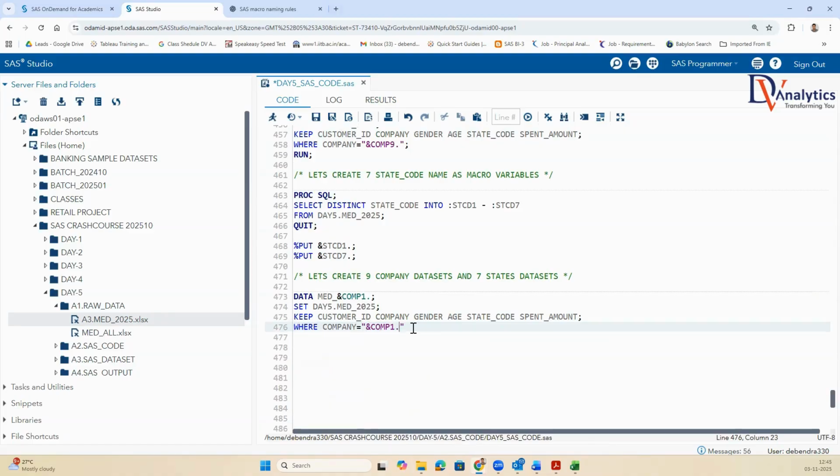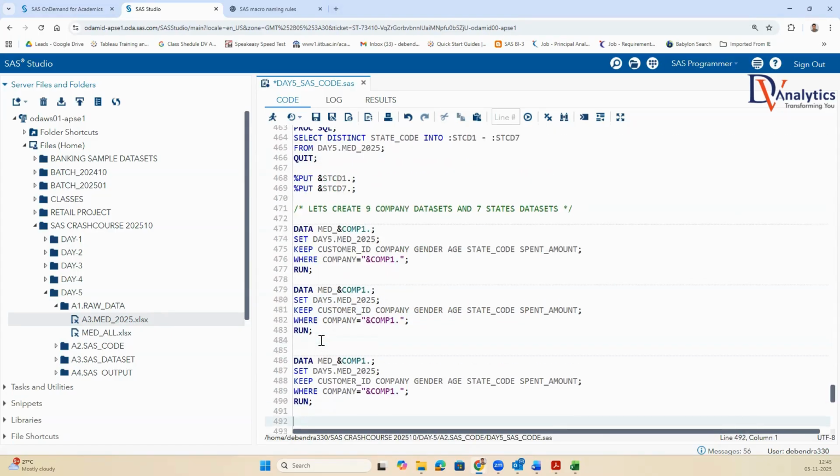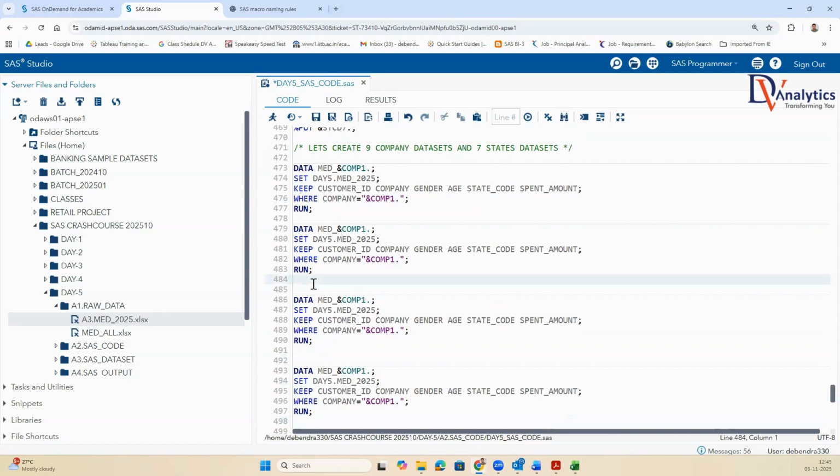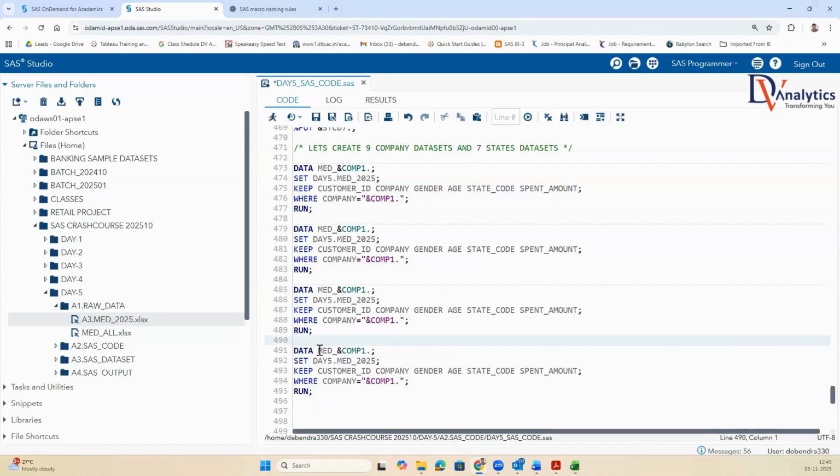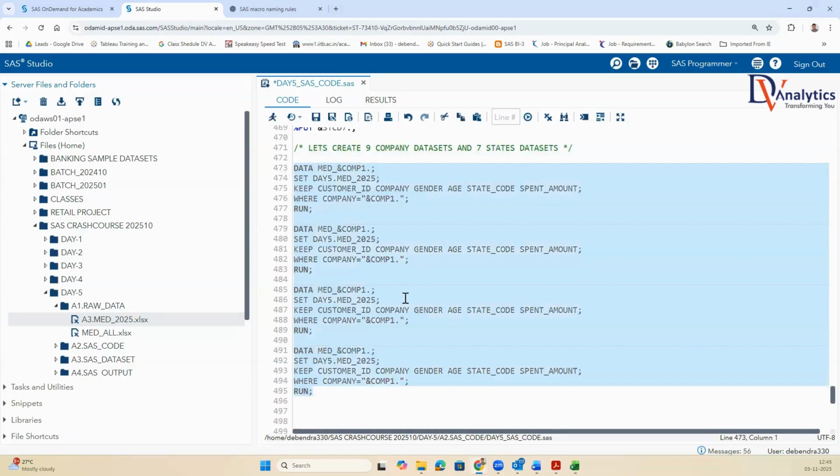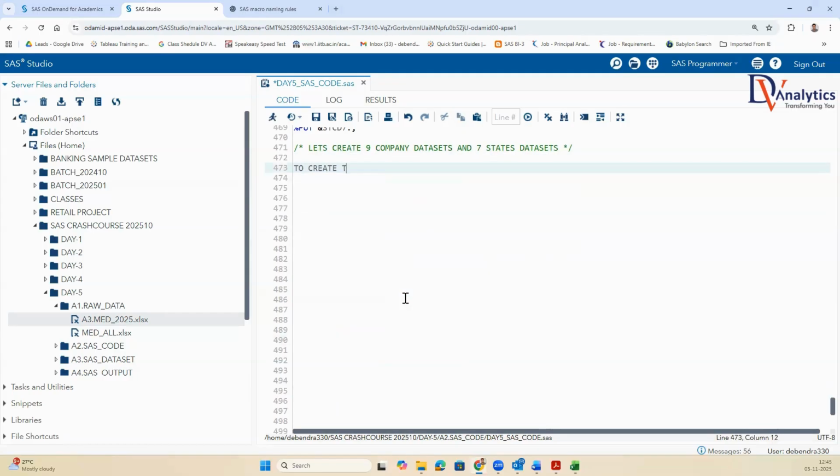Will you write the program multiple times? Don't you think it's very hard work? I can go on changing it one by one, but I want to create all the datasets in an automated way. For that, we will use percentage do and percentage n,